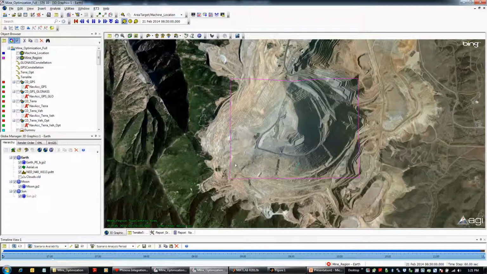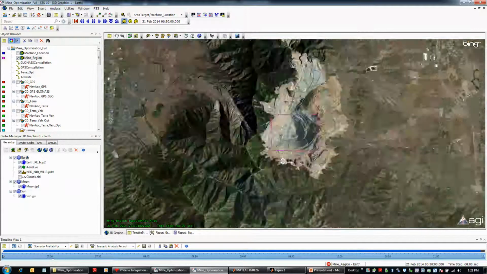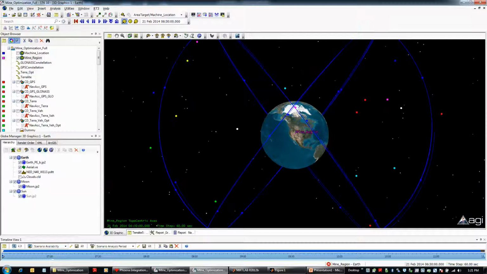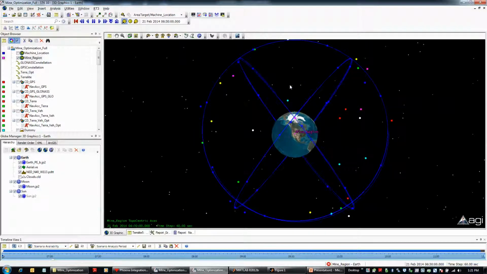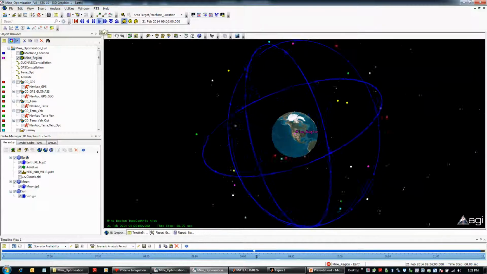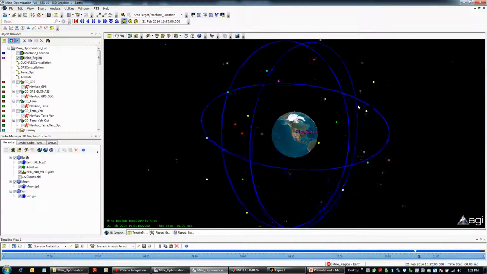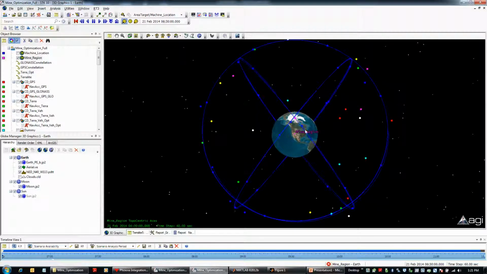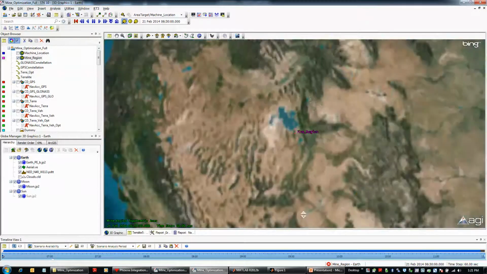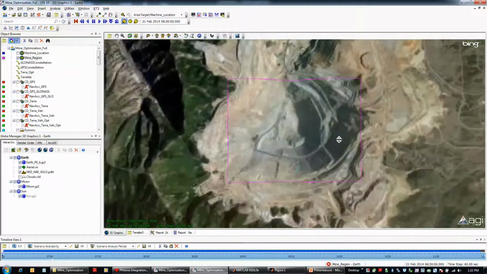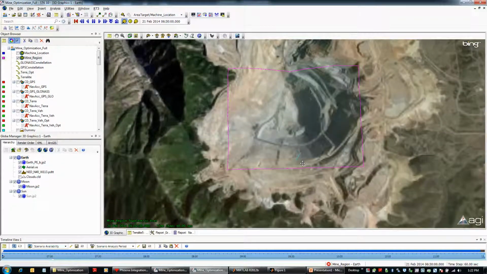Now the first thing we did is define all the satellites, which includes the GPS satellites as well as the GLONASS. The GLONASS you can see the orbits, and the ones where the orbits are not displayed are the GPS satellites. So STK is capable of loading all the different kinds of satellites. So coming back to the region of operation,